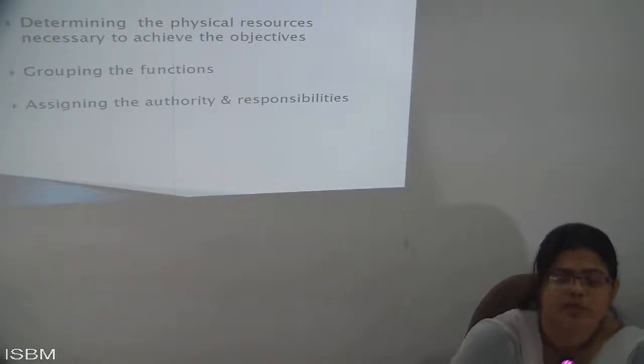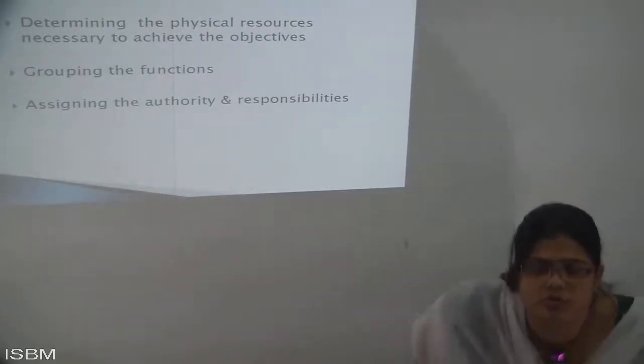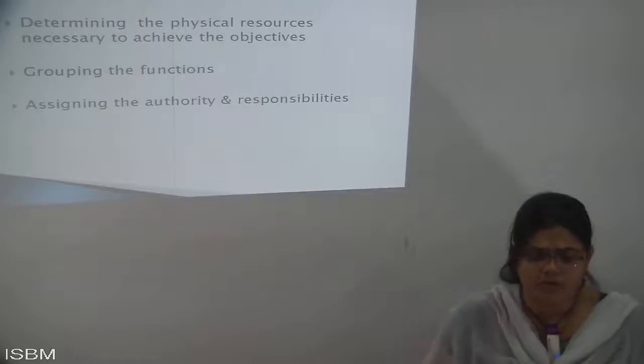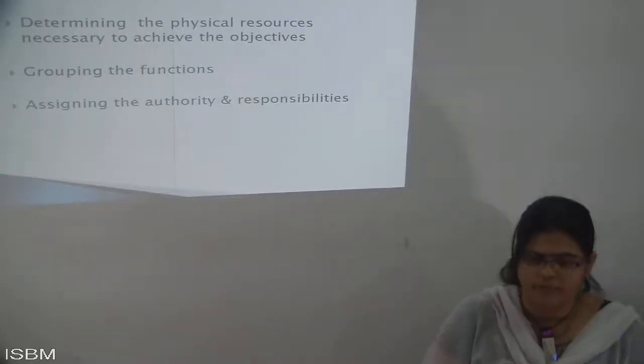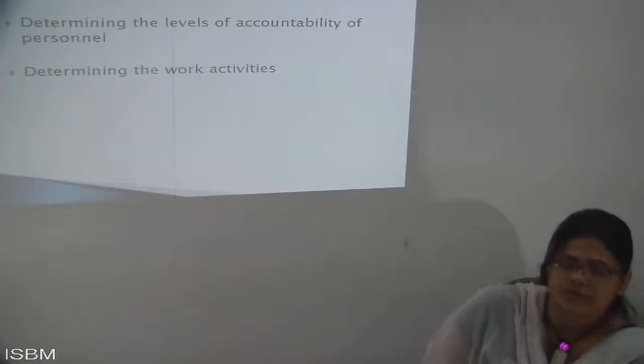Whatever responsibility has been given to you, you need to complete it. The authority is what empowers you to complete your responsibility, as if you get the powers for it. As if you're getting a power, you have a right to speak out on which direction it should go. Then afterwards, it determines the level of accountability, personal.